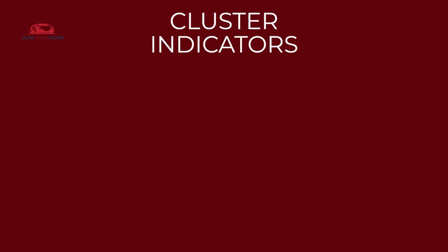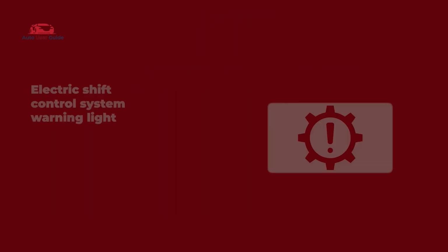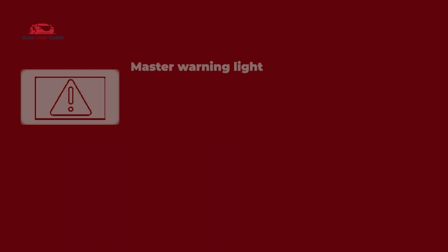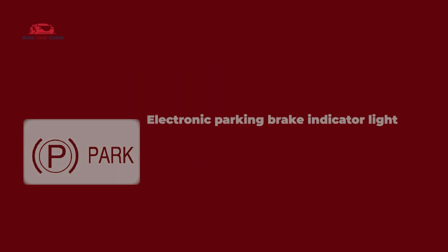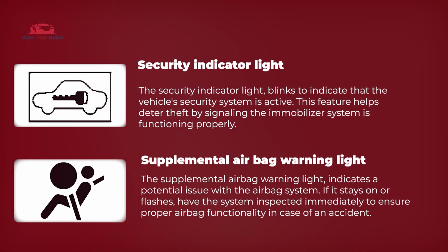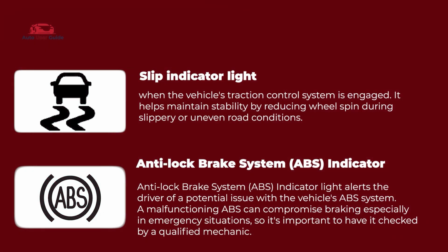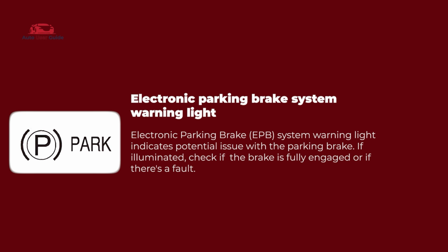Cluster indicators. 12-volt battery warning light, brake warning light, electric shift control warning light, master warning light, seatbelt warning light, electronic parking brake indicator light, security warning light, supplemental airbag warning light, slip indicator light, anti-lock braking system, brake system warning light, electric vehicle system warning light, electronic parking brake indicator light,